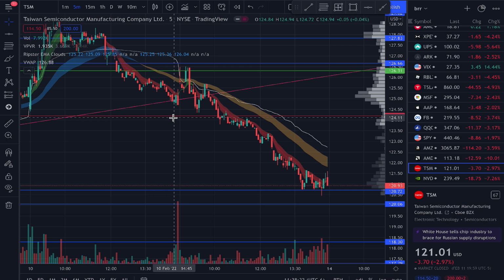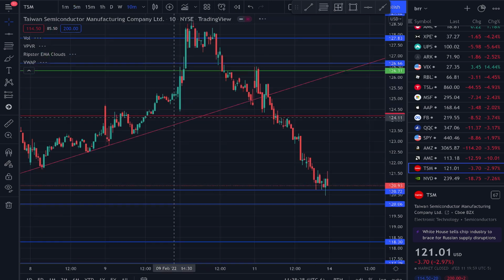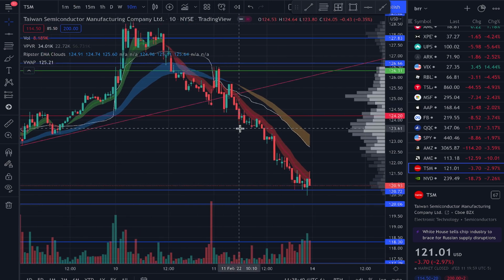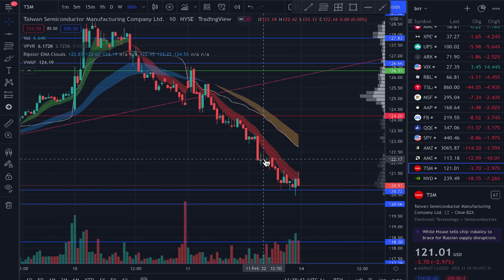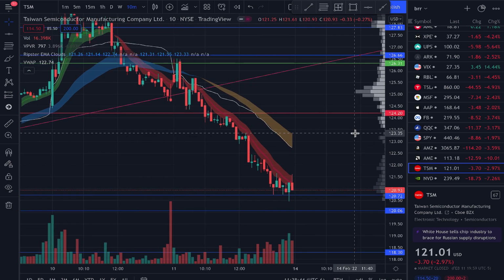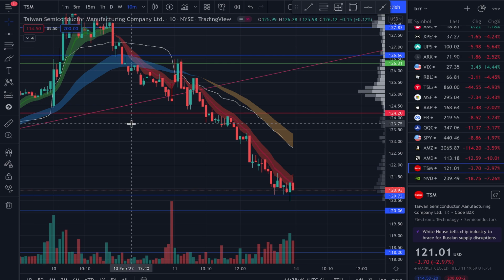But if I end up being substantially green and I say, okay, I've scaled some, I want to let my winners run, I'm going to be often taking a look at the 10, and I'm going to be looking at the 15 minute,